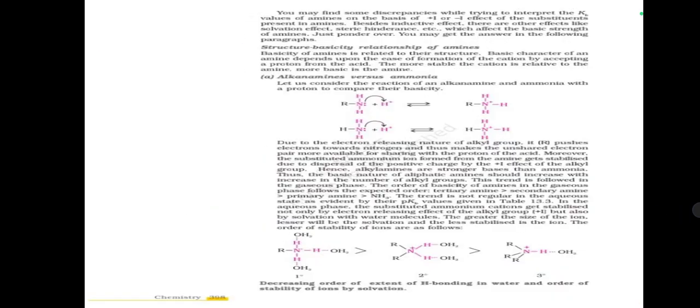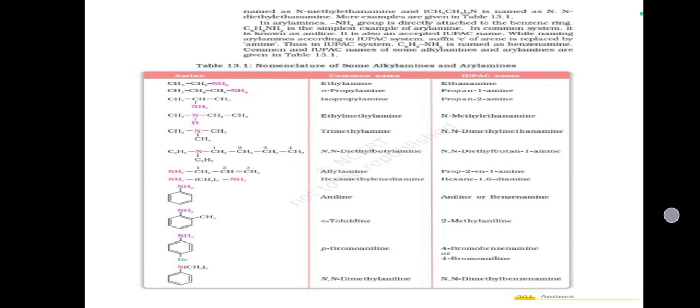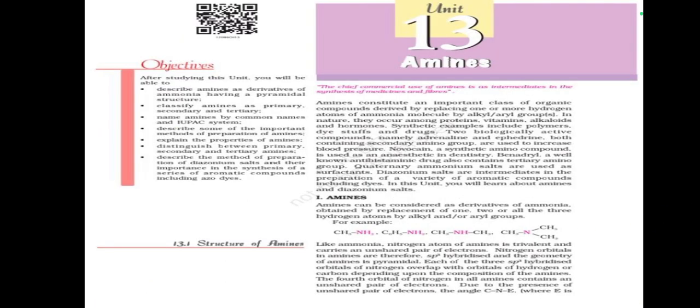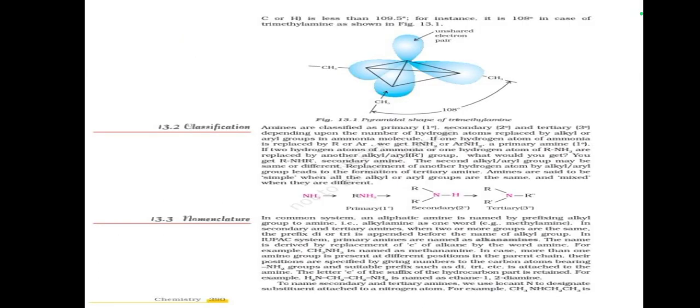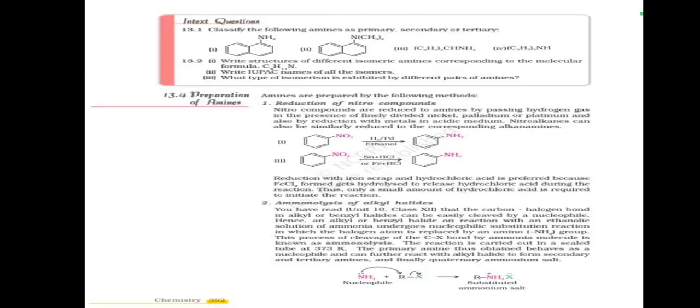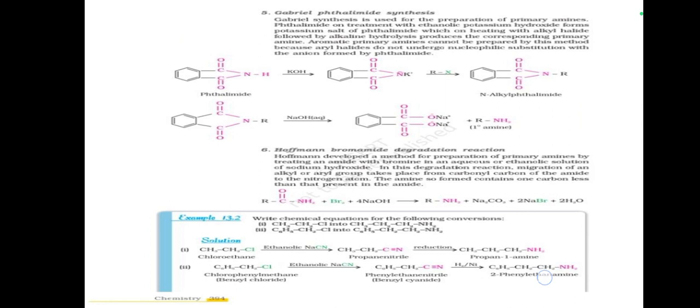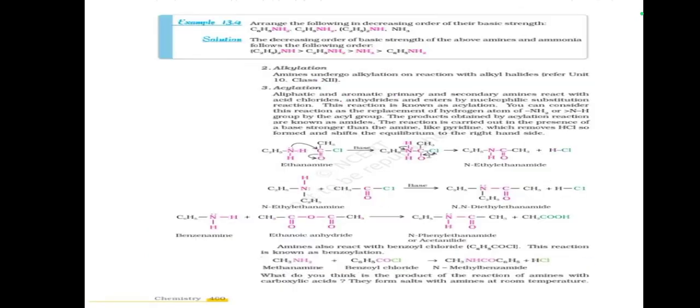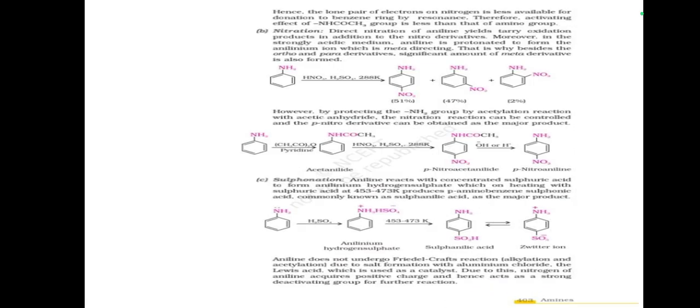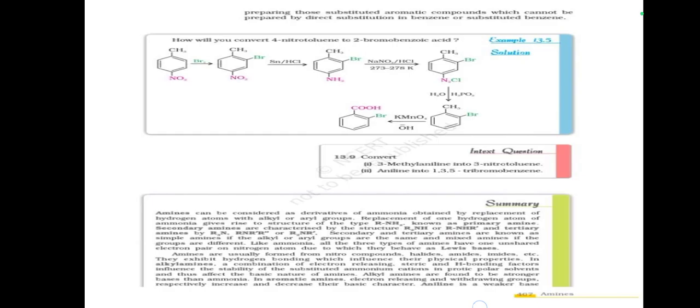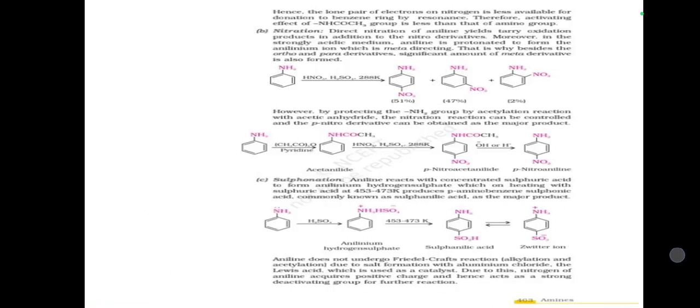अमाइंस 12th का हमारा चैप्टर है एनसीईआरटी का, जिसको हमने वन शॉट सीरीज में कवर अप किया है. अमाइंस में हमने अभी तक देखा अमाइंस, स्ट्रक्चर ऑफ अमाइंस, क्लासिफिकेशन, नॉमेनक्लेचर, प्रिपरेशन ऑफ अमाइंस, फिजिकल प्रॉपर्टीज, केमिकल रिएक्शंस, methods of preparation of diazonium salts, physical properties, chemical reactions, importance of diazonium salts in synthesis of aromatic compounds, then summary. सो ये हमारा था 12th क्लास का एनसीईआरटी का चैप्टर